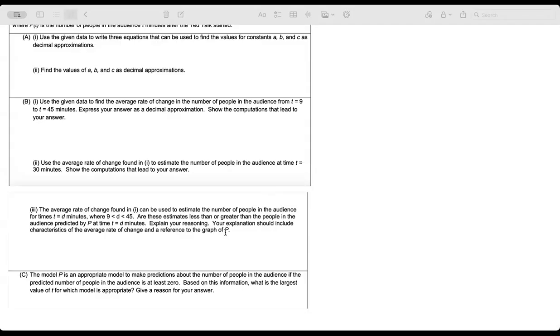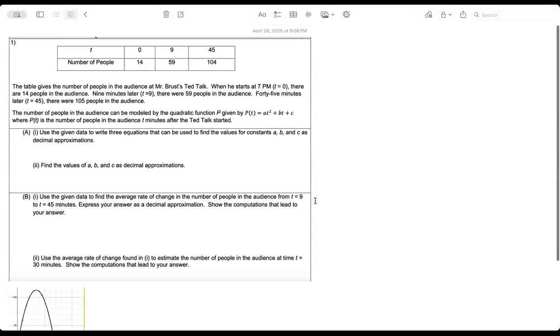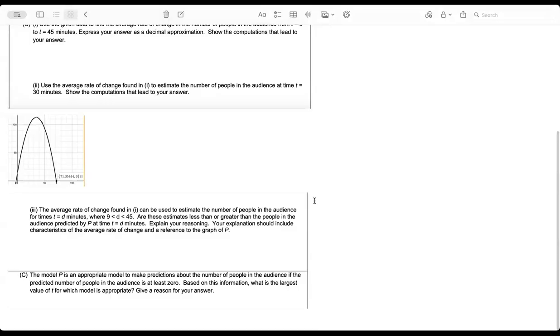Okay, you can see this in the calculator as well. When you see the graph in the calculator, you will be able to see this graph, what I have here. So in this graph, what is the maximum value of t for which the model is valid? Here, this is the maximum value of P for which the model is valid. Make sense?